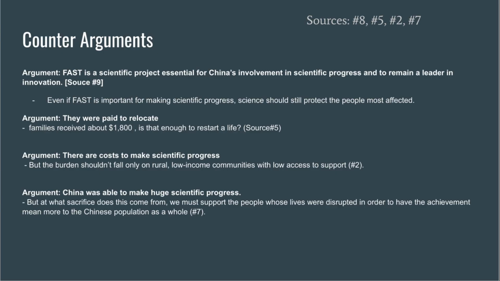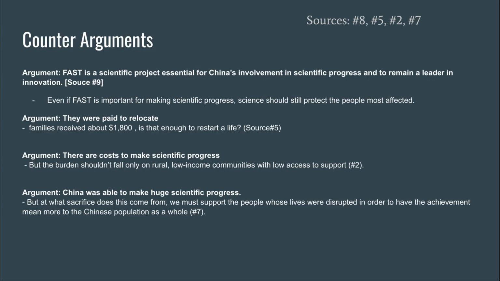And finally, FAST has increased China's scientific prestige, but in order for that prestige to be actually meaningful and have a lasting positive legacy, the communities who were impacted need to feel like they were heard and supported, and not displaced and left with no resources, as said in Source 7.